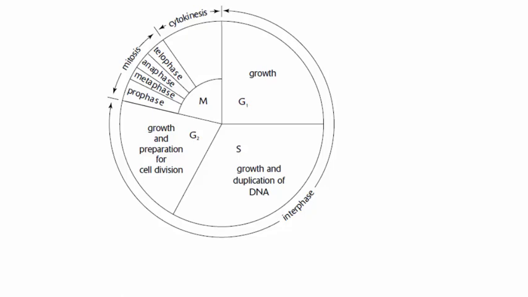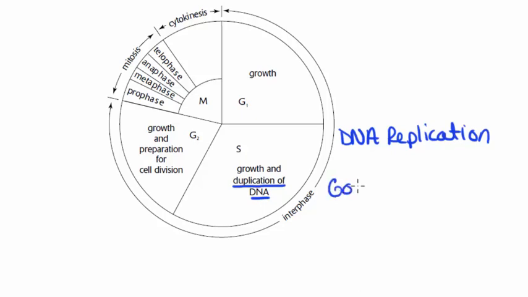A very important part of the cell cycle during interphase was S phase. And during S phase, we did have duplication of the DNA taking place. So another way to refer to this is that we had DNA replication occurring at that moment in time. And so if we talk more about that DNA replication process, the goal of DNA replication really was to take one copy of DNA or a certain amount of DNA and pretty much copy it